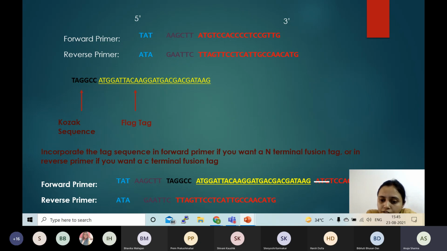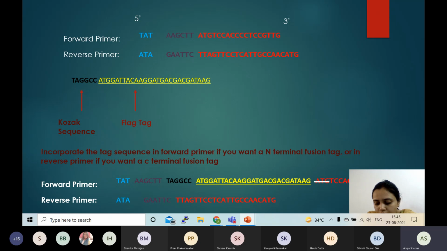So now we have the primer sequence with the restriction site and the overhang. If you were to clone just the CDS of the gene, the primer sequence that you saw in the previous slide was sufficient, and we need not proceed any further. We'll just order these primers and the work is done. But